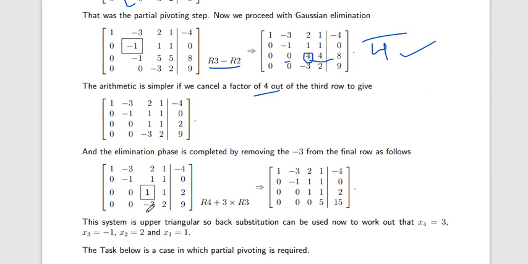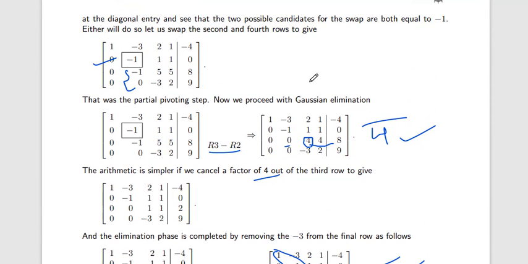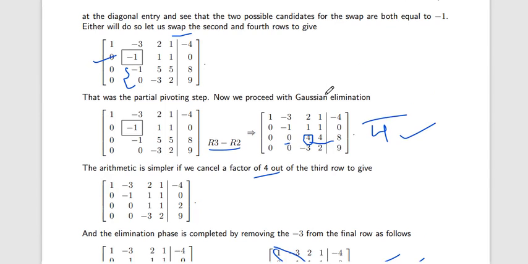Now here it is 1, and we want to transform this -3 into 0, so multiply the third row by 3 and add: R4 plus 3 into R3. So here we can see that this has become an upper triangle matrix. The diagonal element, below the diagonal element, all elements are 0, okay. So this is the partial pivoting. In short, in partial pivoting we only swap the rows, okay.